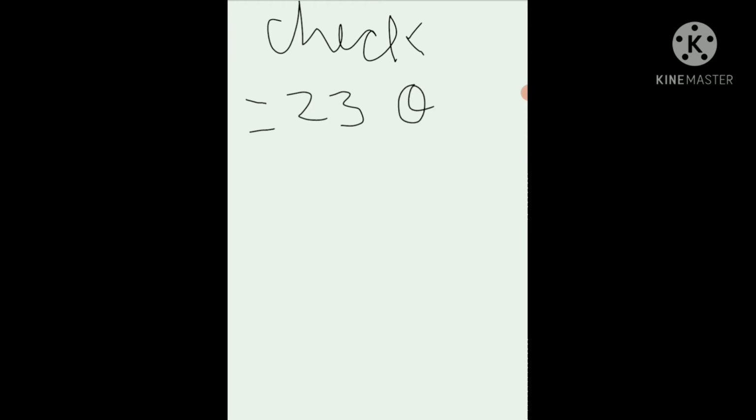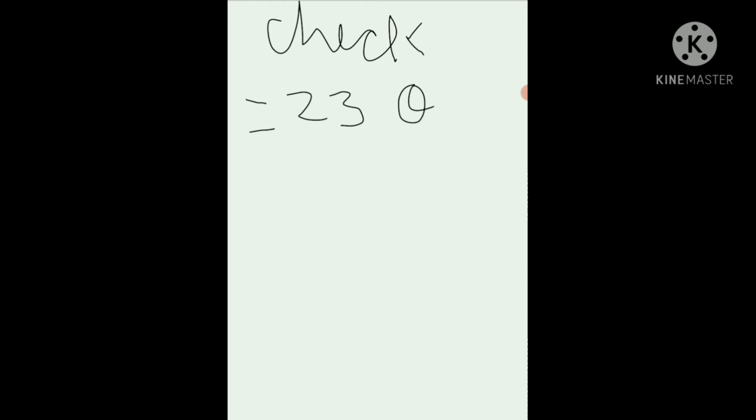As I said, in the question they asked to check the solution also. So now we will check. See the solution, whatever you have noted down in your note copy, you compare from there. See here, quotient how much do we get? Quotient we get 23. This is the quotient.